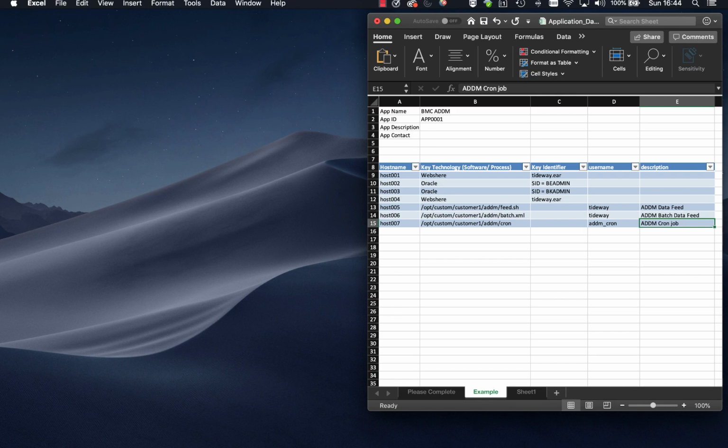And we just ask them to say, can you provide the name of the application, and then can you give us any details that you know of? So do you know the host it runs on? What key software or processes we should be looking for in the data from discovery? Do you know of any key identifiers? So maybe database SID names, config file names. Do the processes run as any particular usernames? Give us a description, send the spreadsheet back to us, and we can use that to start creating the application